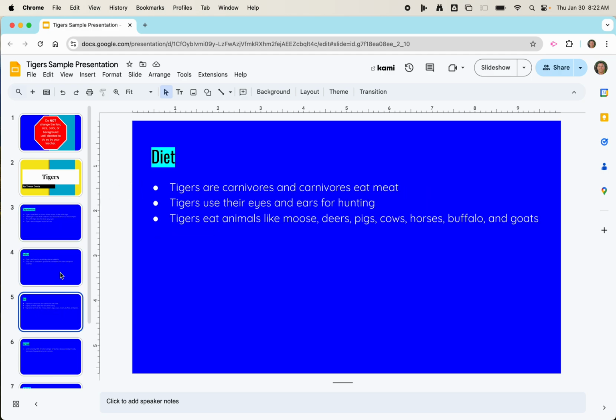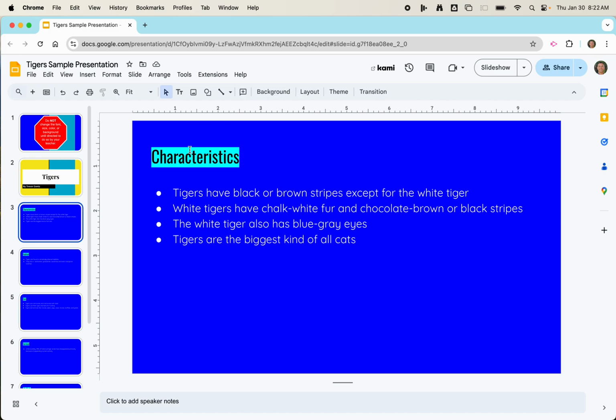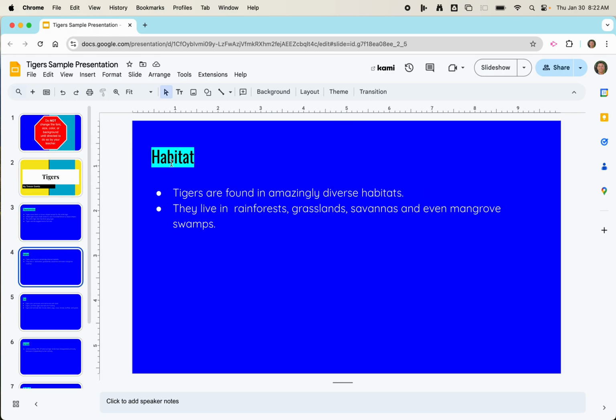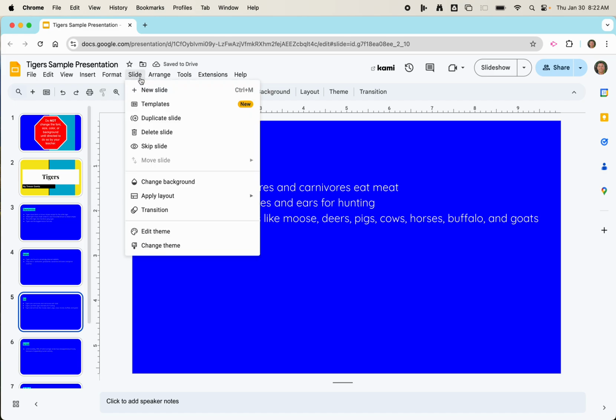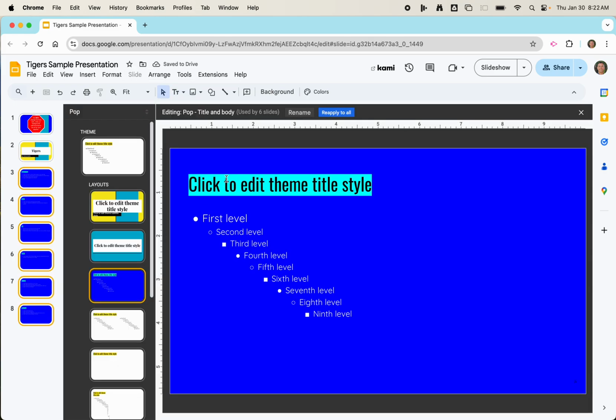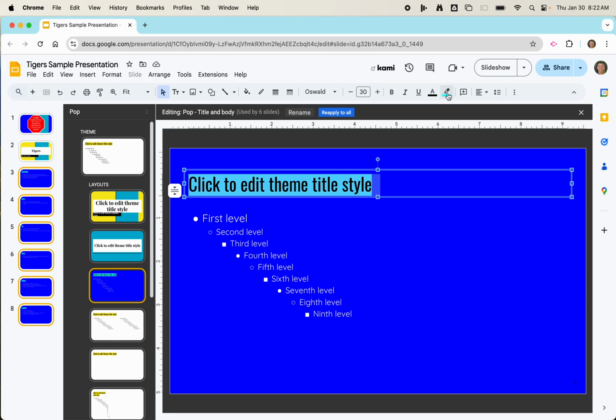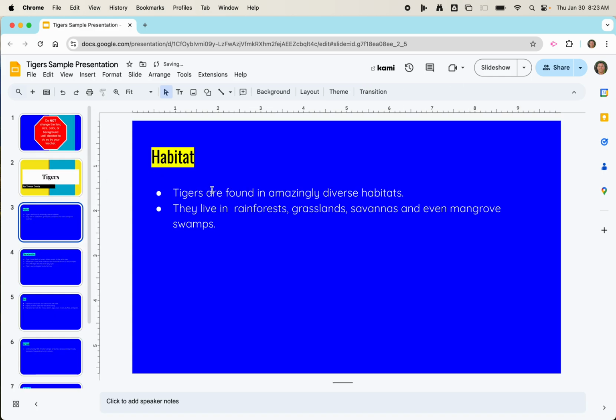Okay, now I might want to switch back because this blue doesn't really match this blue. I might want to go back and make that the yellow again. Let's try that. Let's see. Interesting. I should not have had a text box out here. Let's delete that. I'm going to go to Slide, Edit Theme if I want to change this highlight color. Let's put it back on yellow and see what that looks like. I think the yellow